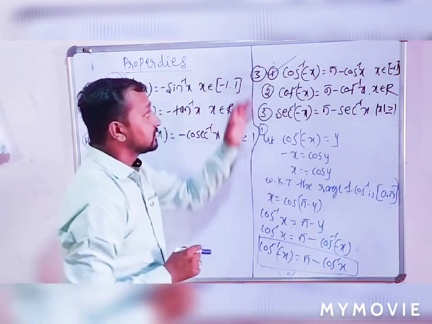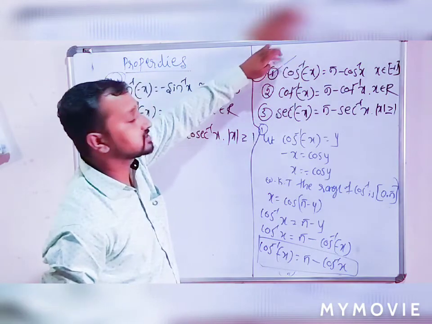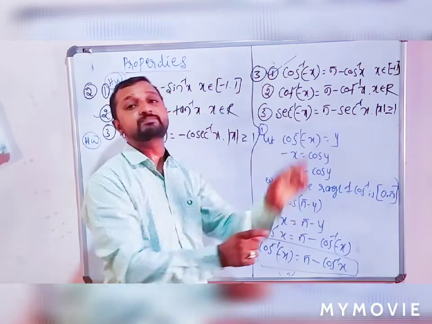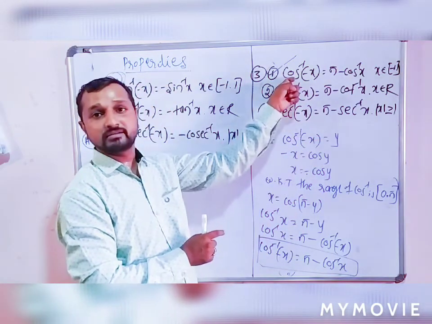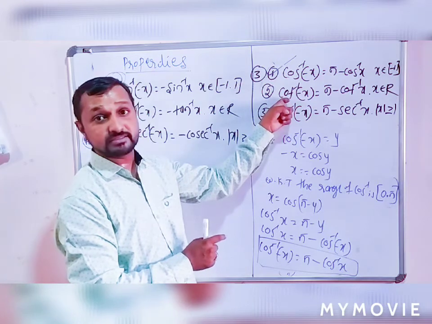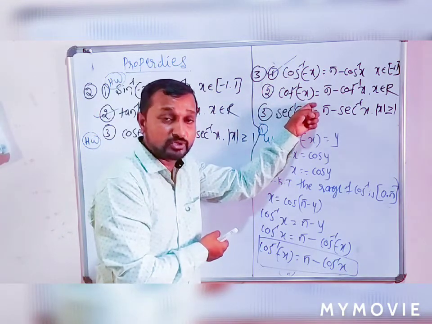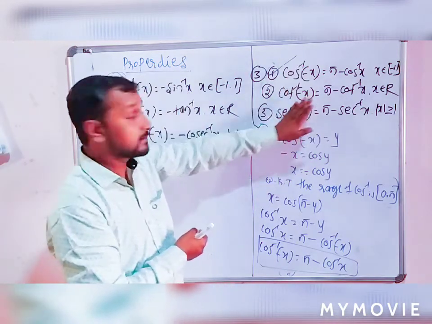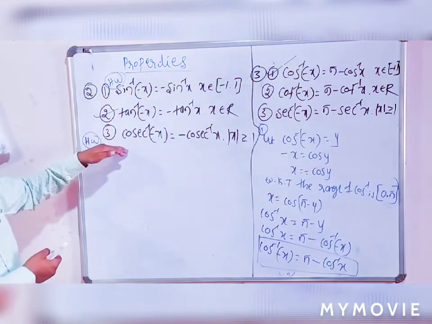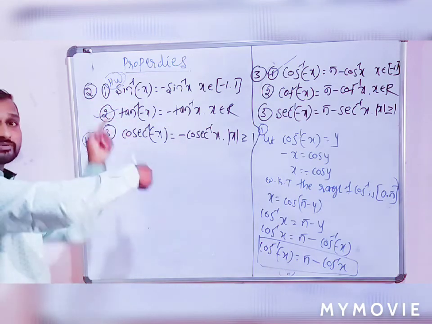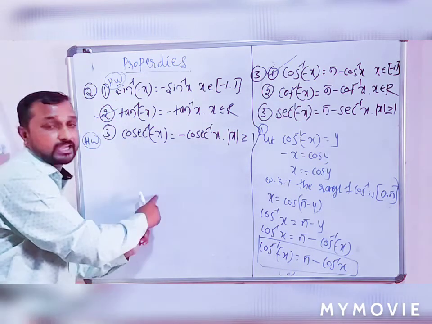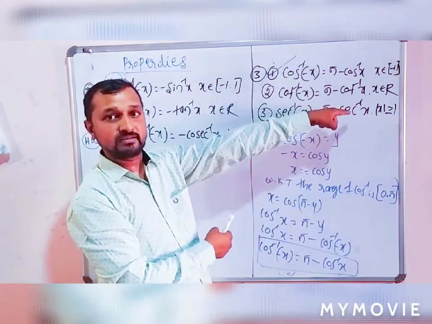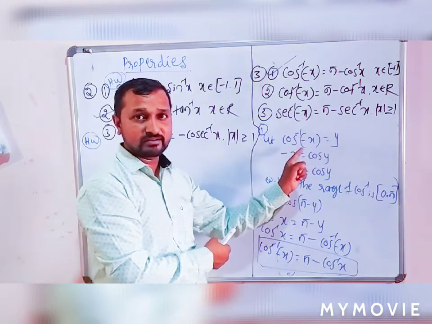What is the difference? Cos inverse of x, cosec inverse, cot inverse, sec inverse are having only positive principal value branches. It's 0 to pi positive. This is open bracket 0 to pi, that is also positive range. This is closed bracket 0 to pi except pi by 2, this is also positive range. But in these three angles, the principal value branches are positive as well as negative. That's why negative of that value is negative. In this, negative of this value is pi minus that angle. Is that clear? Let me explain once again.